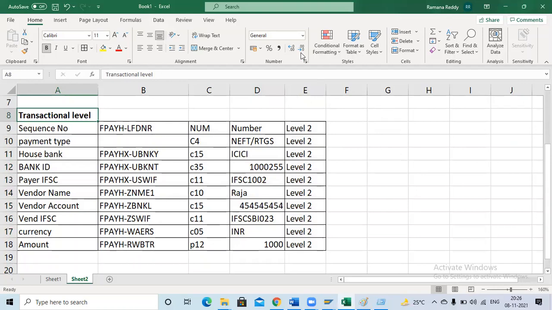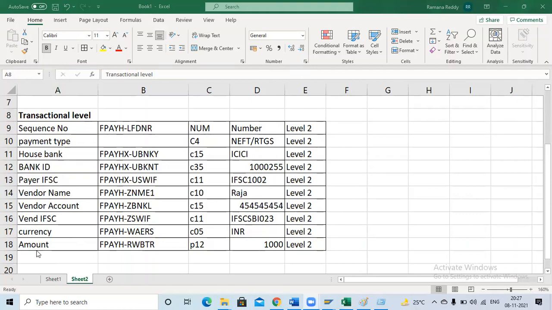Vishnu, can you add mobile number and email ID? Where do you want to add? Yeah, below the amount. Yeah, you can add multiple fields. But mobile number, you should not provide mobile details to the bank, right? It's confidential information. Actually, in my company we are using Kotak Bank, so in that we can give the mobile number as well. Once the payment is done, it will send a message as advice. And we are also giving email IDs; to whatever email IDs we have provided, it will send the payment advice.